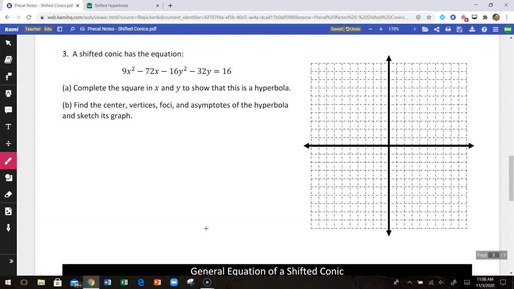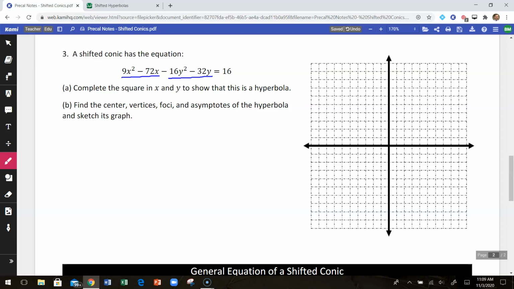Okay, next up, we're looking at a hyperbola, and this one is not in the form that we want, so it's going to take a little bit of work to get there. So what we're going to do here is complete the square both in x and in y to get it to the form we want, and then we're going to be able to find the information in graph. So here's how you're going to do that. You are going to group your x's and group your y's, and you're going to factor out the coefficient in front of your squared term